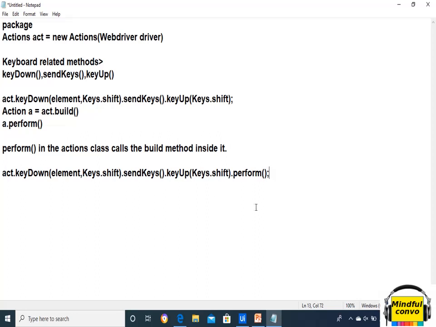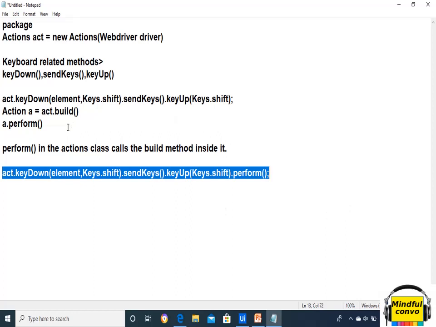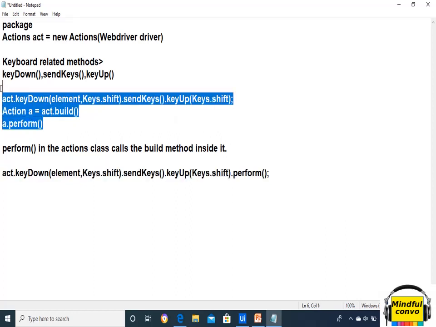Here we have used perform with the object of the Actions class. It means that the perform method is calling the build method inside it. So we can use this syntax or we can use this whole syntax.